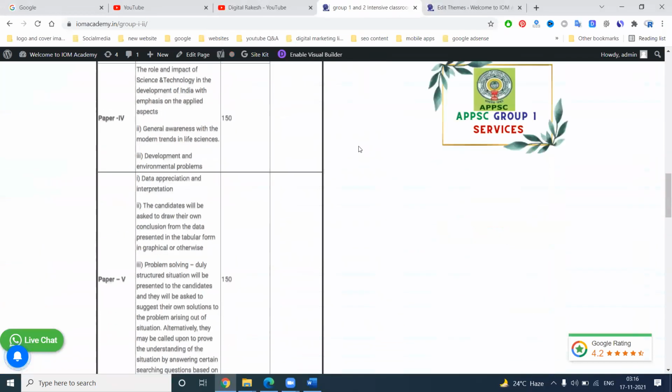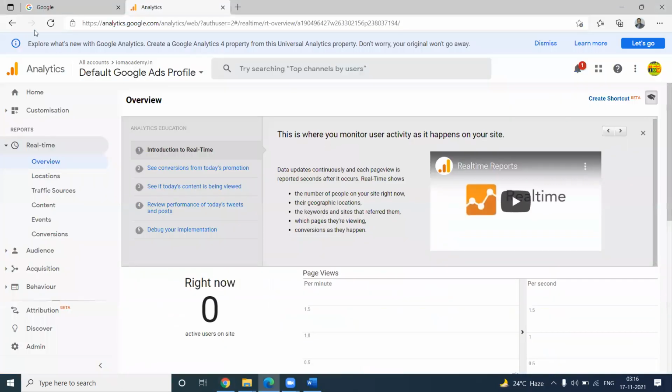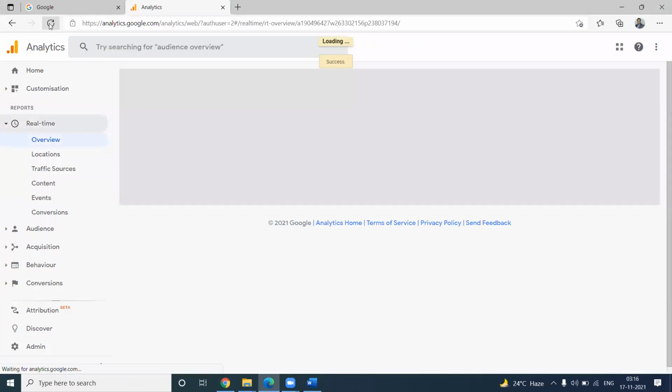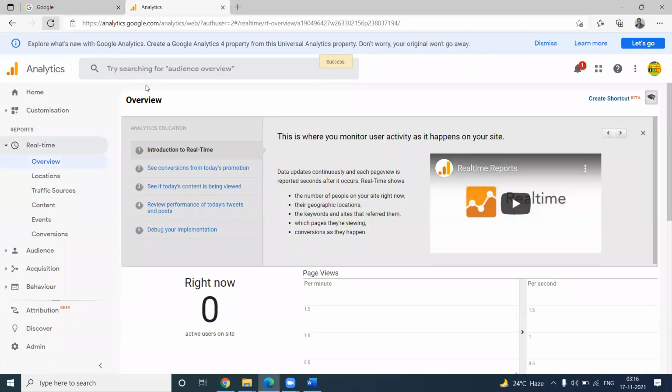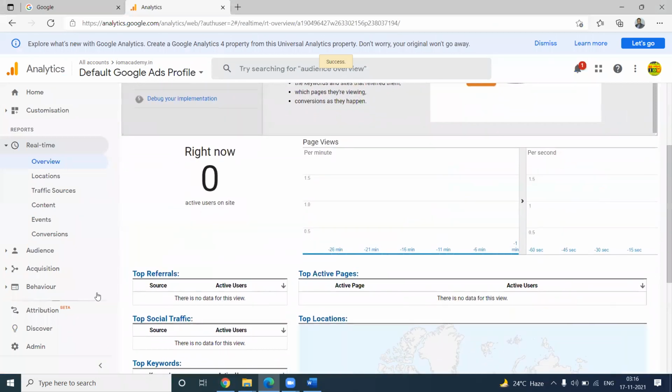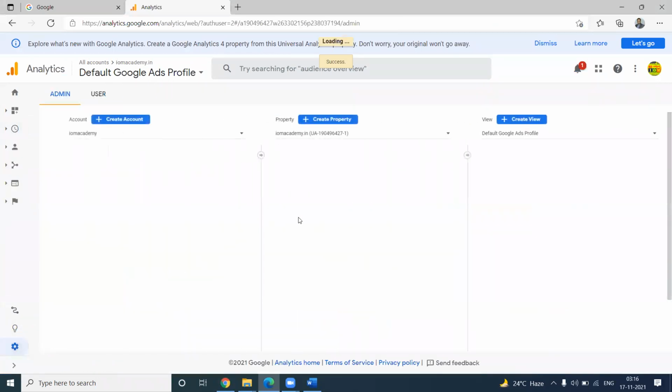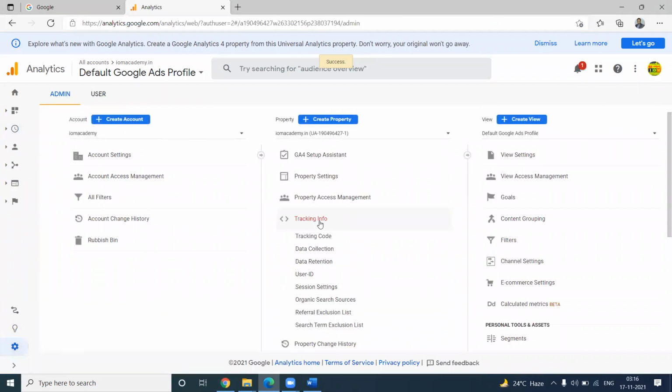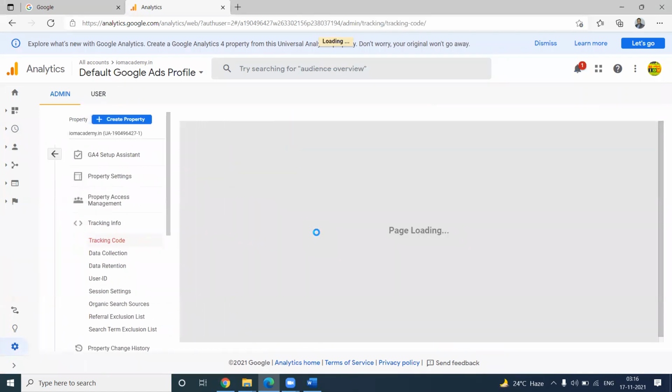Code active, refresh. Is it in an active or inactive state? Suppose it is not showing your right now traffic. Simply, we can go to Admin, select Tracking Info, Tracking Code.